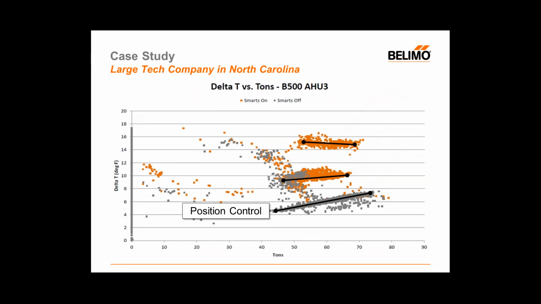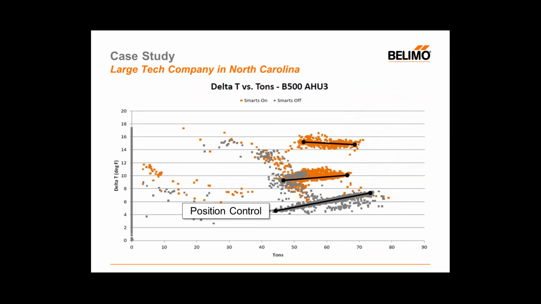So the first set of data is the gray points in that bottom line, and now there's a smattering of gray points all over this chart, but the clear trend is down here where we have marked it, and this represented what the energy valve measured when it was controlling in position control. So this means it was fully pressure dependent. So it produced between 45 and 75 tons of cooling,